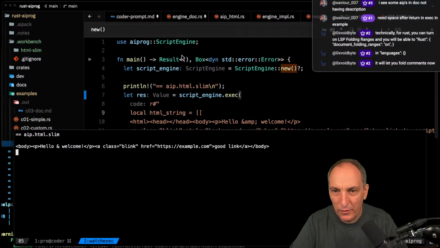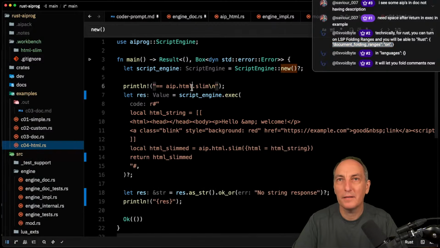I will let you fold comment now. Technically, for Rust, you can turn LSP folding ranges. Oh, my God, this man, you're like good. Rust. What is that guy? Oh my God, this is like,